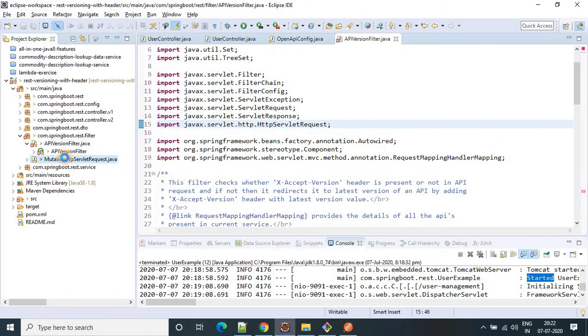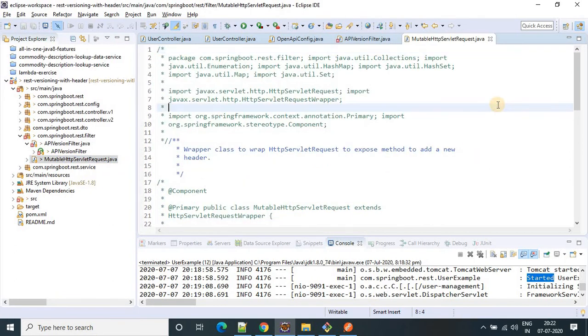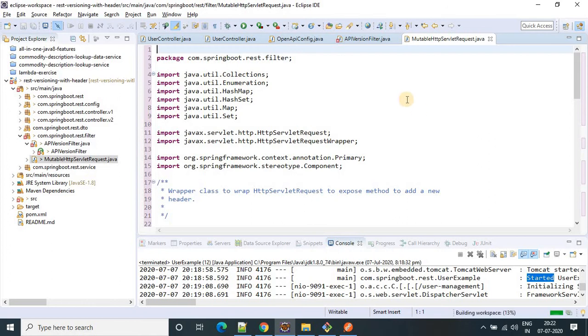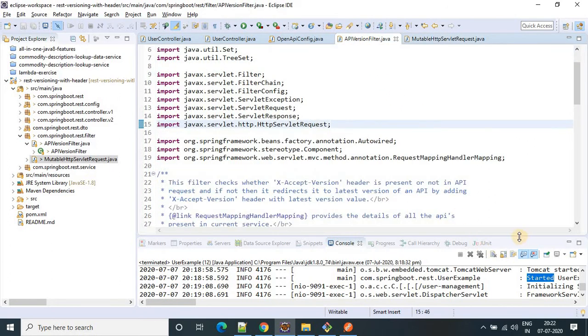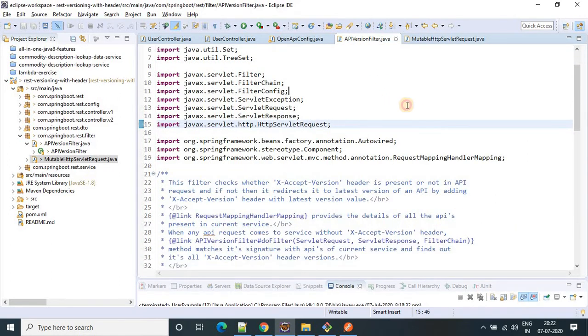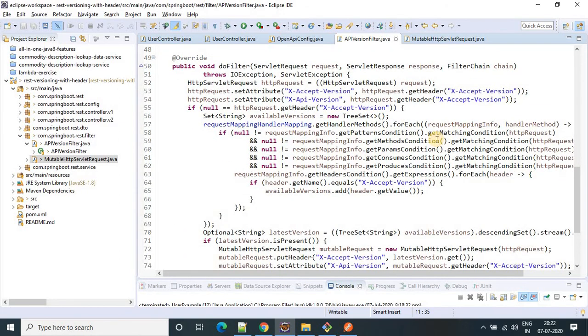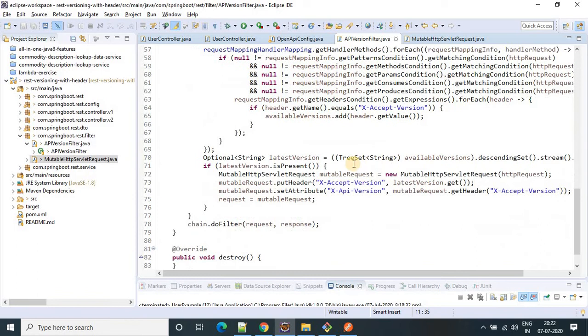The filter class, and I have an HTTP servlet request class here. Okay. So what will this filter do? Let's suppose I haven't provided any version. It will check the latest version.